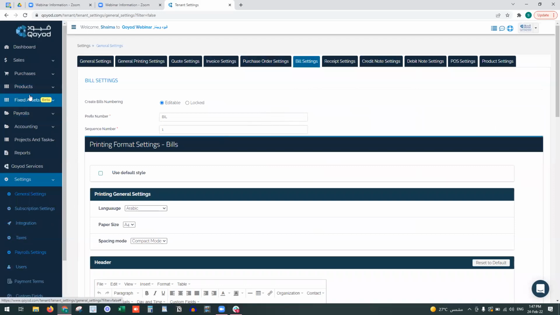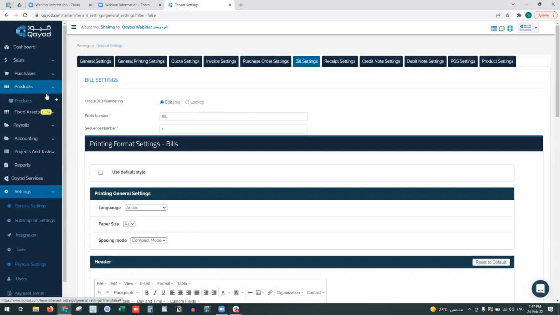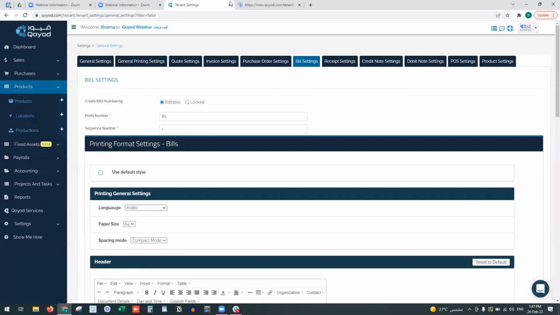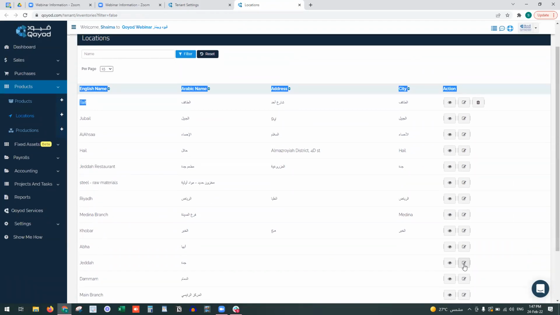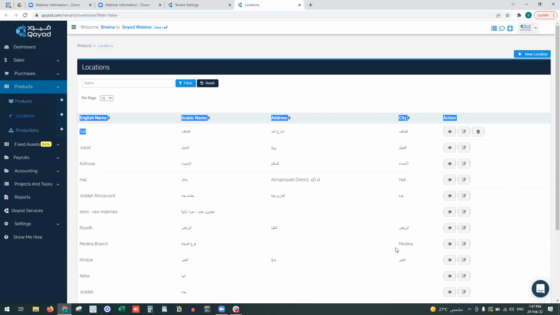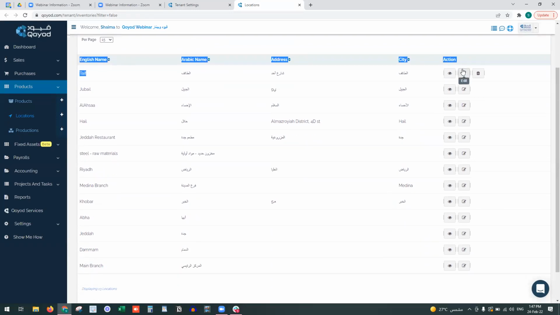After that, we will add a new location through products. The location, which is like branches or warehouses, we can add it through locations. We have unlimited locations that can be added in Qoyod. For example, I have Taif, Jubail, Al Ahsa, Jeddah, Riyadh, Medina, Khubar branch, Jeddah. If we take an example, for example, Taif,